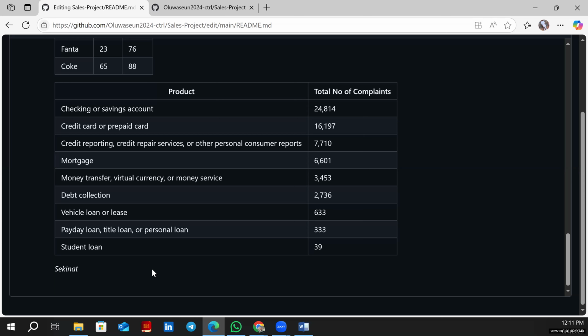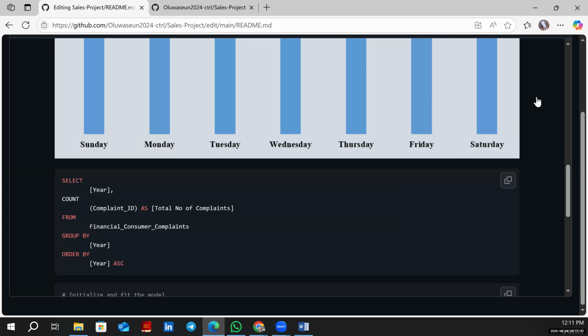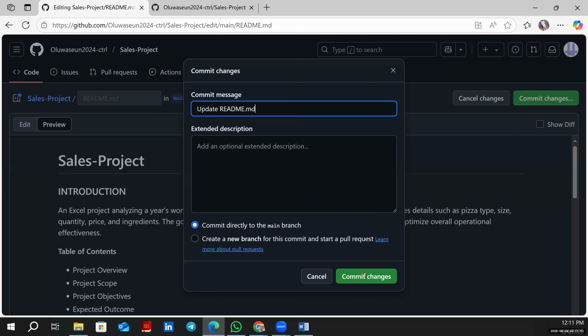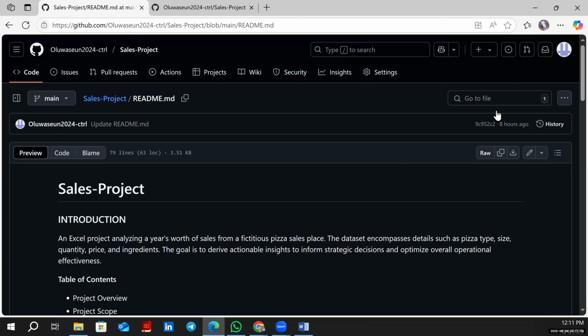Do we understand? Okay. Now, having done all of this, what will you now do? Just come here, commit changes. Click on what? Commit changes. Having done that, everything is now saved to your what? Repository. If I come to repository,